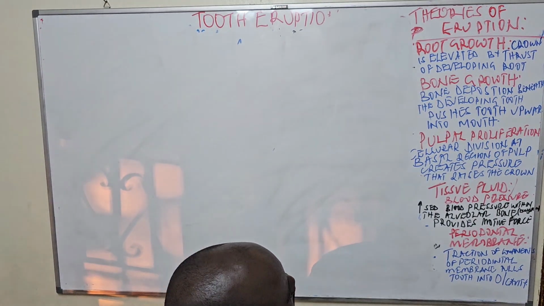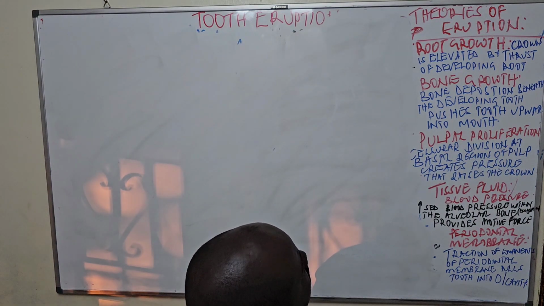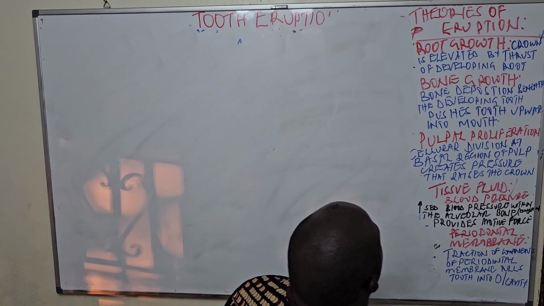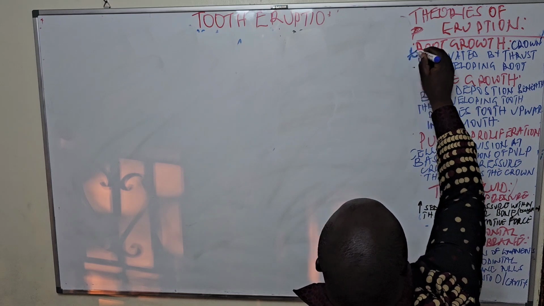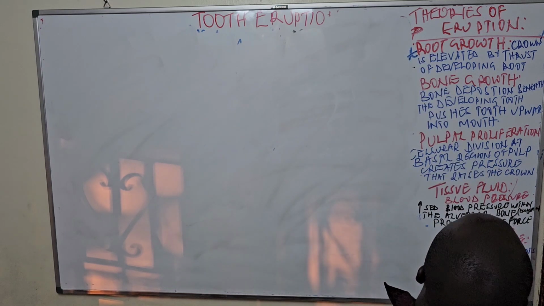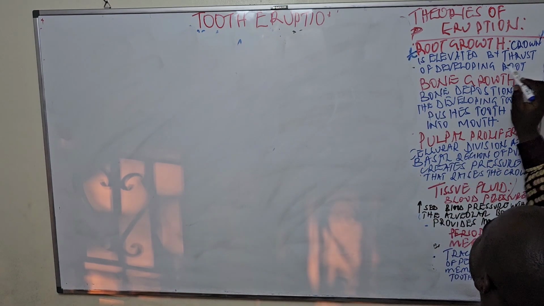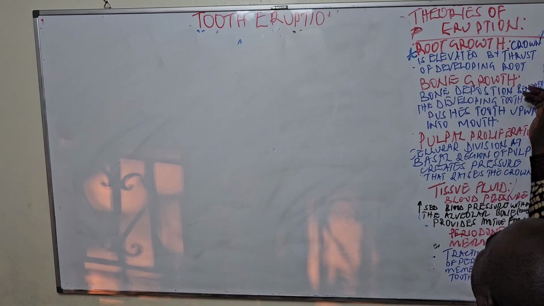So, what happens? One scholar gave a theory we call root growth theory, and says the crown is elevated by a thrust or a force